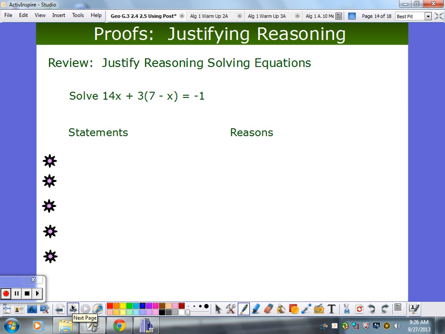So let's move on a little bit to the idea of proof, which is really nothing more than making statements and justifying your reasoning. Now, if you'll recall, last year in Algebra 1, who remembers Algebra 1? Not everybody. Okay, for those of us who do, we worked on equations. We just finished doing this with the Algebra 1 students this year. And we had to justify steps. And we used something called the